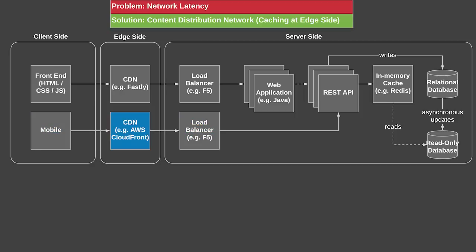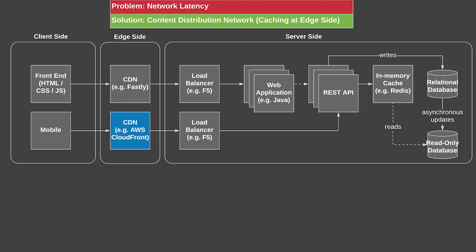And just like your web application, your REST APIs can have caching as well on the edge side as a CDN. So you could have something like AWS CloudFront, or in particular if you use something like AWS API Gateway, it caches your responses with CloudFront automatically as long as you choose to do so. And that will take the burden off your backend servers. So if there are responses that can be cached, you can cache them there.